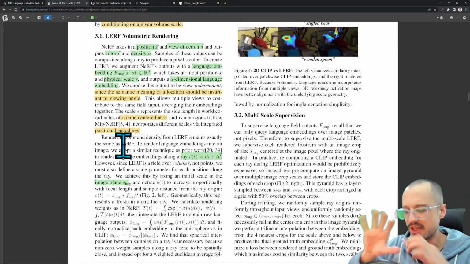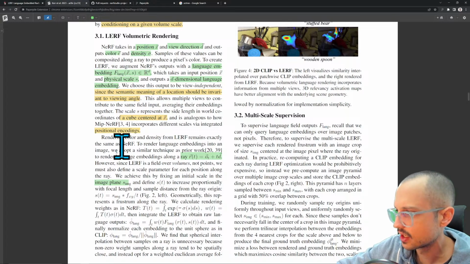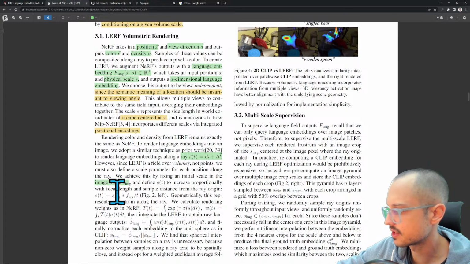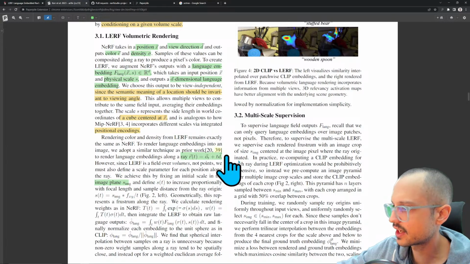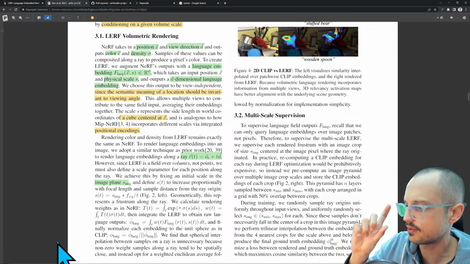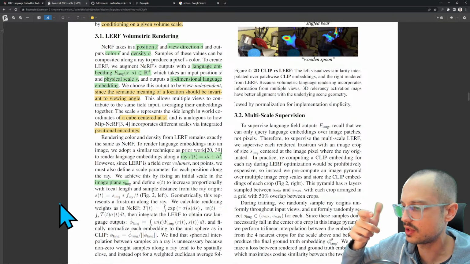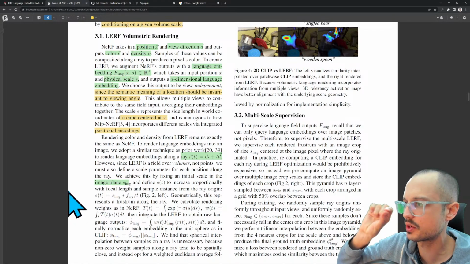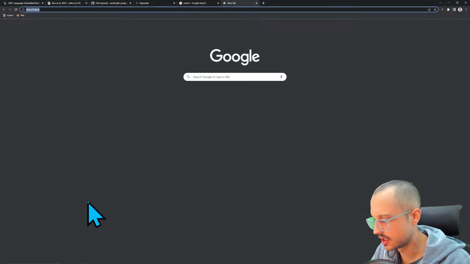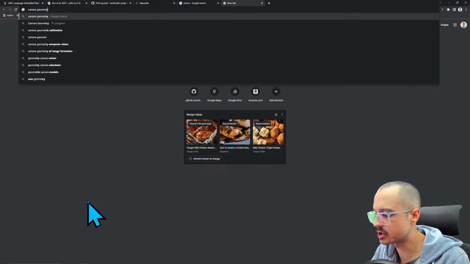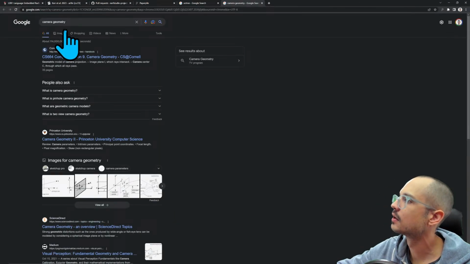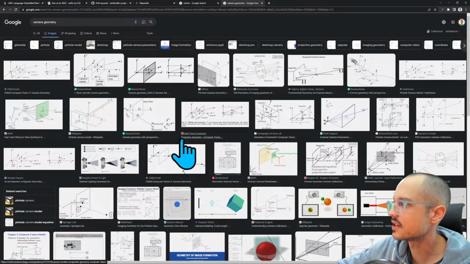Maybe I shouldn't be using my hands, but the way that I understand things. Define S of t to increase proportionally with focal length and sample distance. So the focal length is basically the distance from this image plane to the focus, right, which is basically camera geometry. You guys have probably seen this kind of stuff, but